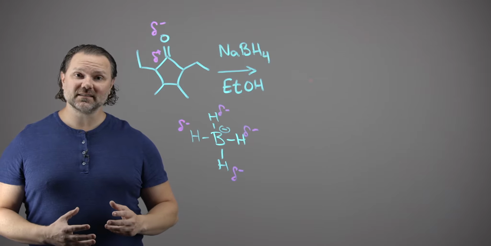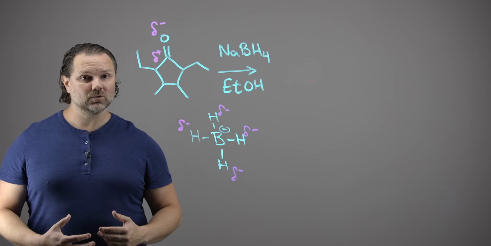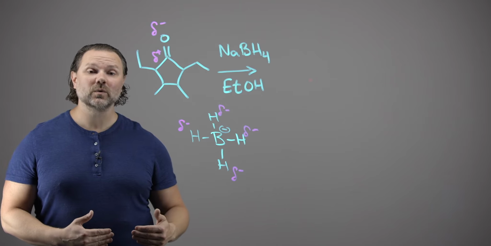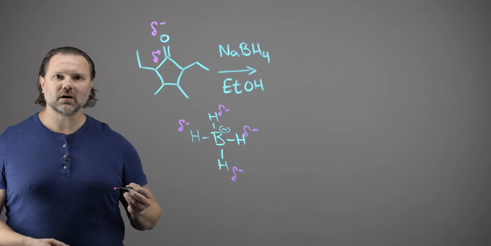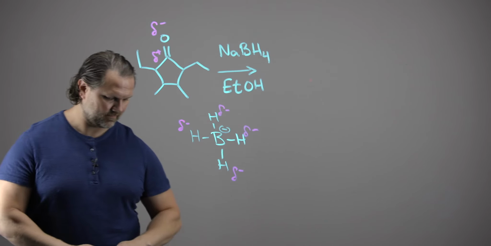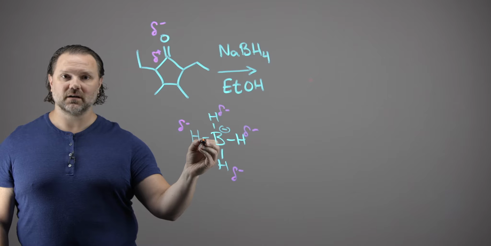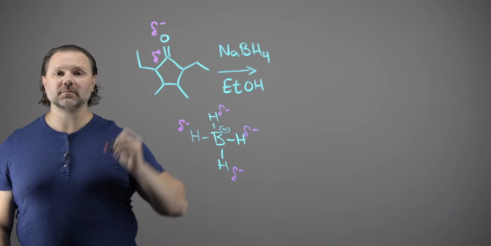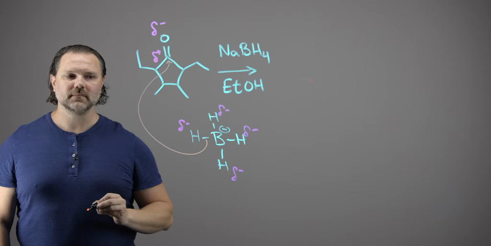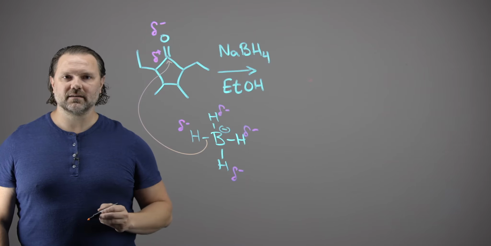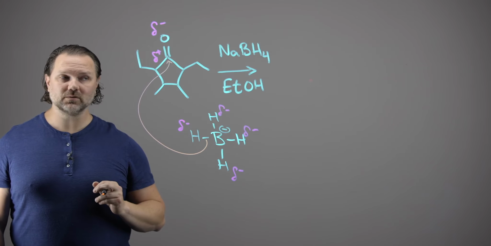That means that in this reaction, we could actually move the hydrogen with the electron pair. So we're not transferring H+, we're going to transfer H-. Let's try doing that. So we're going to draw our arrow going from one of the shared pairs of electrons, our nucleophile, to the carbon, our electrophile. When we do that, that's going to break this hydrogen-boron bond with the electron pair moving with the hydrogen,